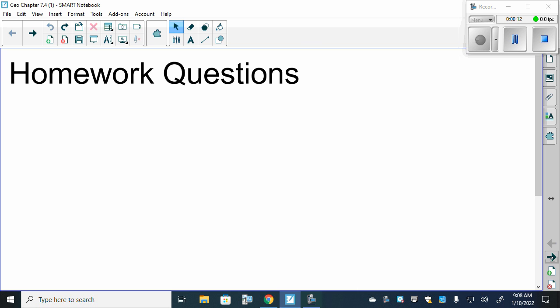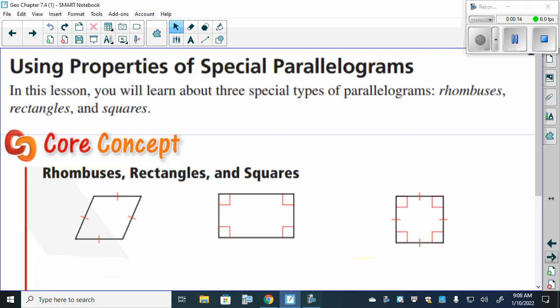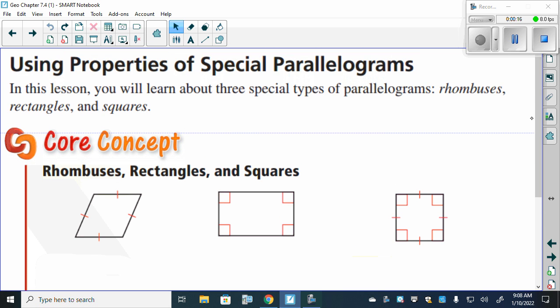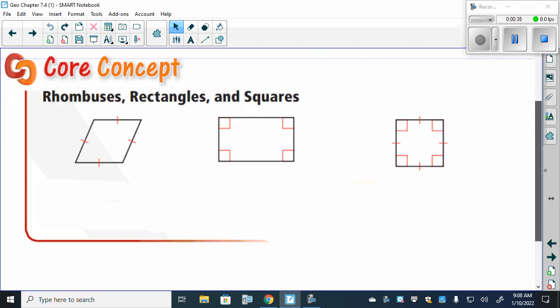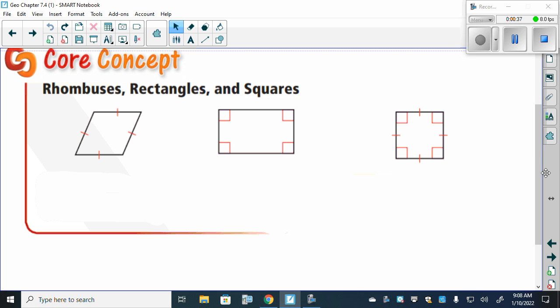All right. What we're looking at today is the special properties of parallelograms. We're going to deal more with naming and identifying quadrilaterals than anything else today. Then we'll delve more into the properties tomorrow and how we can use them and find different values associated with them. Now, the first core concept, which y'all have and it's pretty much blank on the first page,